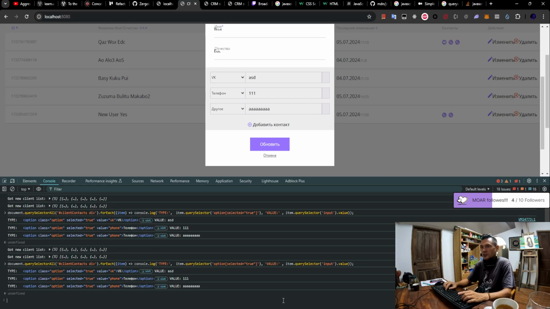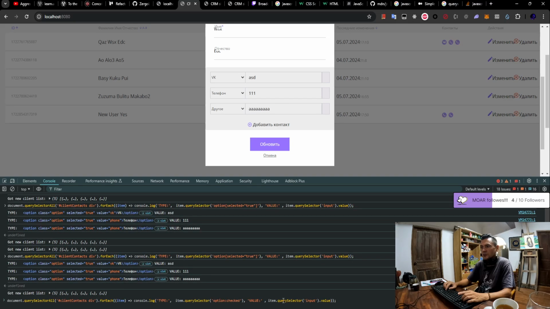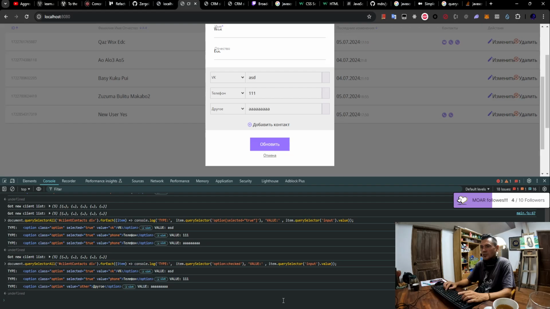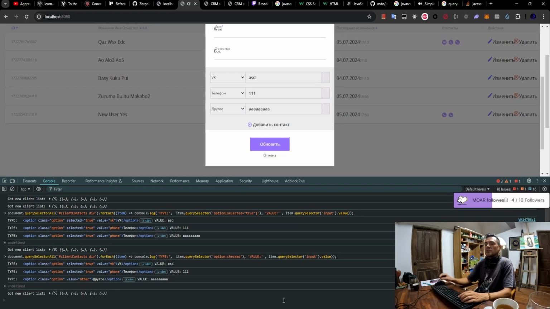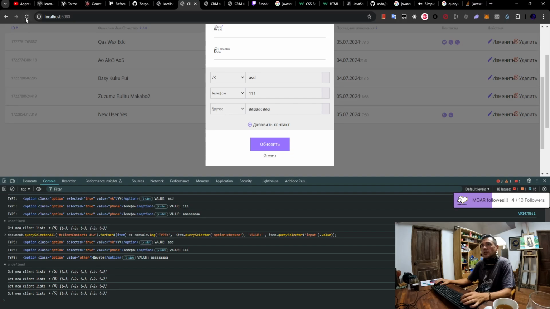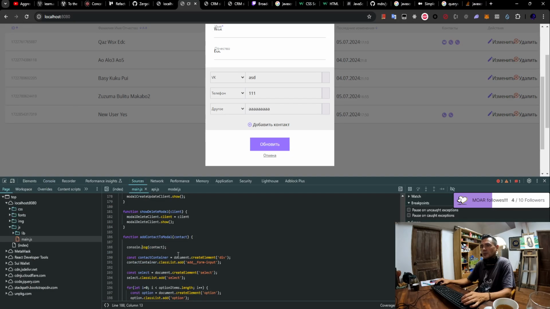Yeah, okay, it's still phone, but if I use option checked, it's showing another. Okay, that was easy. So basically I just changed these options to checked, and I think after that it should work. So okay, I updated, and let me see my